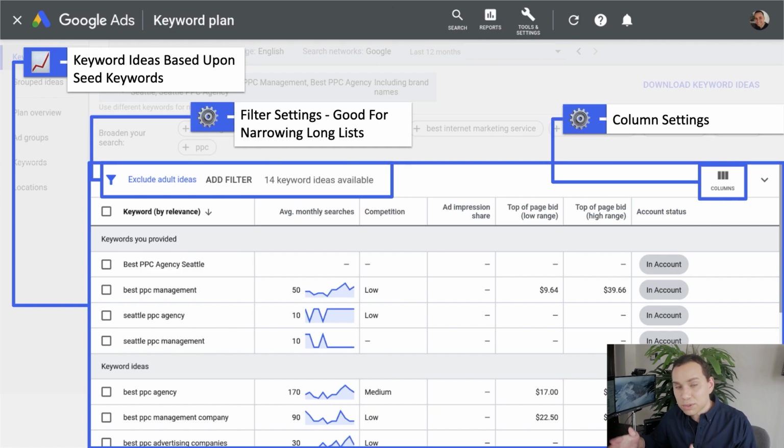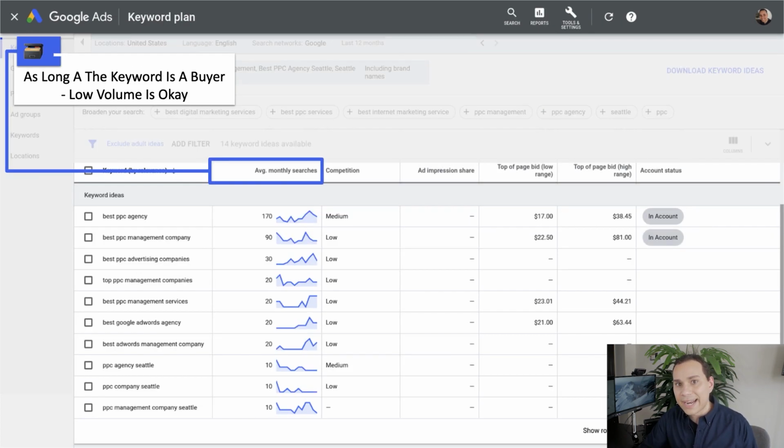So hopefully you've filtered out all of those bad keywords. You have the columns you need. So now let's go ahead and take a look at our actual data here. Now, average monthly searches, there's a lot of complaints about this. As you can see with this particular account, we can see exact numbers. If you're doing this for the first time, you won't see exact numbers, you will see ranges. And that's simply because, long story short, Google was tired of their platform being abused, so they only want to give this data to people who are actually spending money with them, as opposed to all those SEO people who just want to use this to help rank their sites and blog posts and have no intention of ever giving Google any money.